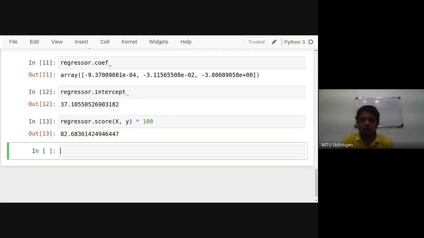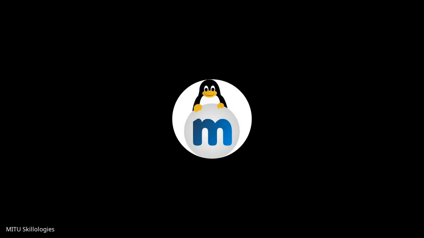82.68% is the R2 score for this particular data set, and we can identify this as the accuracy of this particular algorithm. If you want to do predictions on this set of data, we can use the same equation that multiple regression internally has. Whatever equation we have, we know the equation on the given set of data.